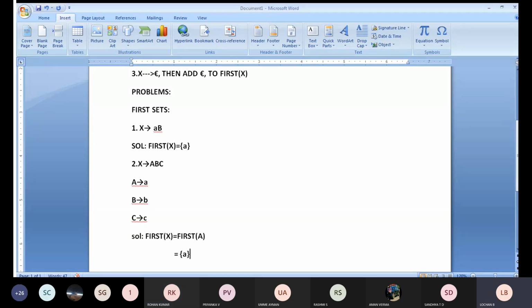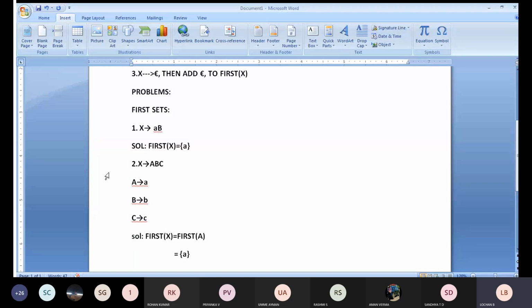Once again. Capital letters A, B, C are all there. But whenever we continue the production with respect to A, we need to concentrate only on the A production. Whenever we concentrate on the A production, you may get only terminals, or non-terminals, or epsilon. So in that particular case, we concentrate only with respect to A.